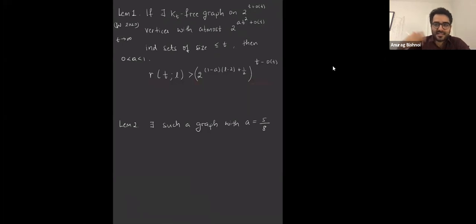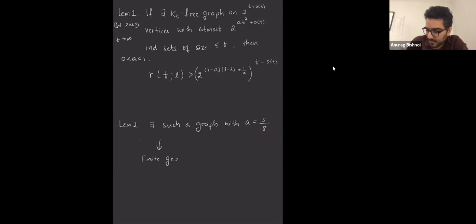Okay, and the second part, or well, in fact, I'll actually look at lemma 2 first. So then what we are left with is actually constructing such a graph, and constructing such a graph with the smallest possible a. Because if a is really small, then that's when this bound is big, right? You want a to be as small as possible. It turns out the best known construction, which is in fact due to Conlon and Ferber, is with a equal to 5 over 8. And this is the construction we will talk about, because this comes from